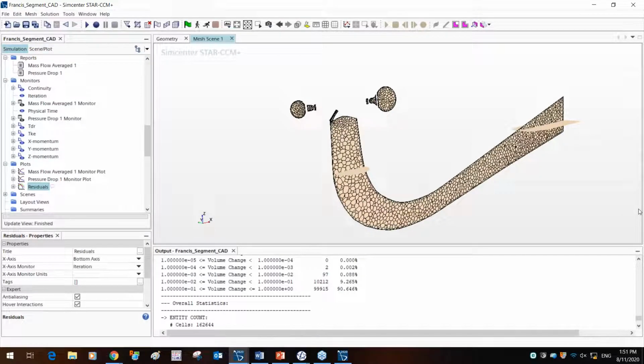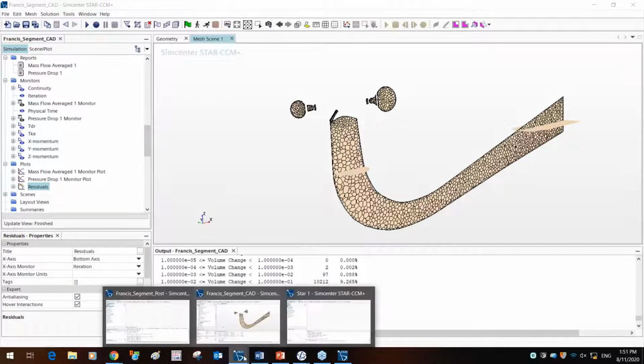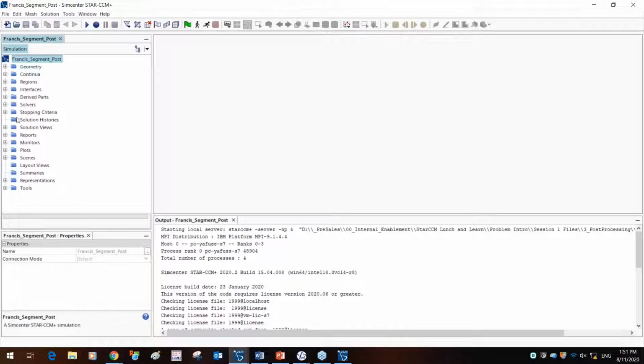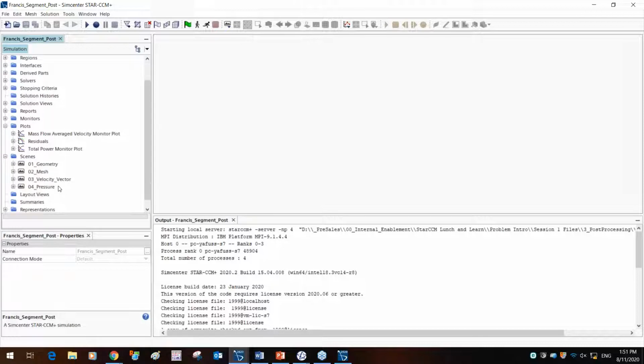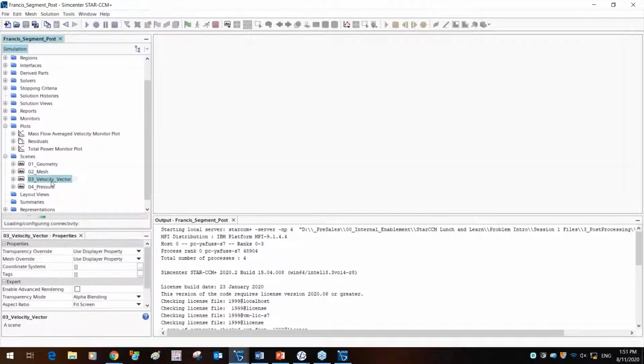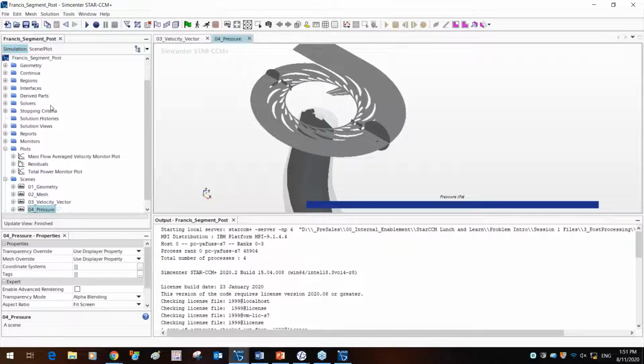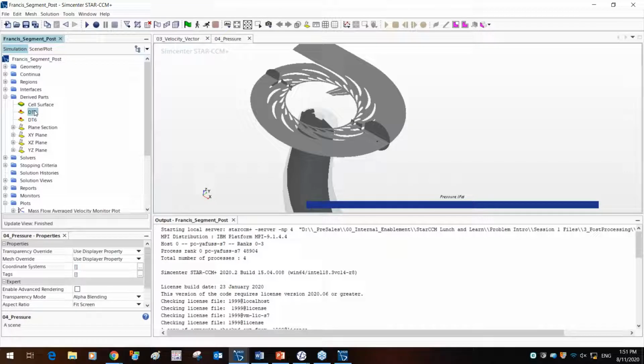So now once we've essentially set up all the scenes, it's ready to run the simulation. So I've already created a file with some of the post-processing capabilities that I'd like to show. I've created scenes for looking at the velocity vector, or looking at pressure on different planes. Over here, I've also created derived parts at different points in the domain, plane sections.